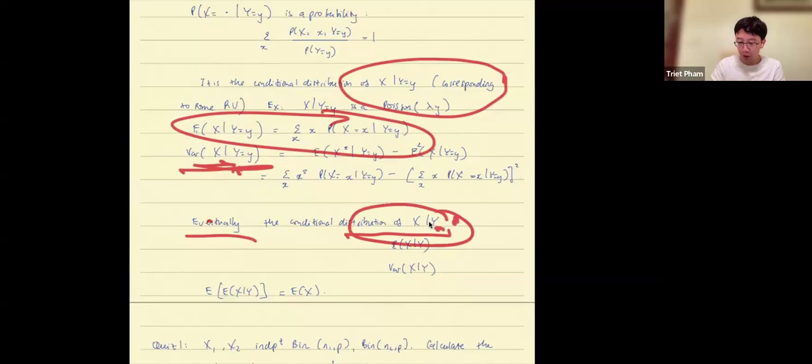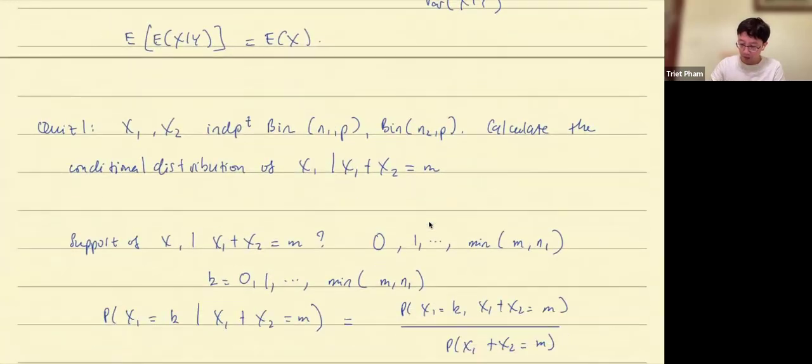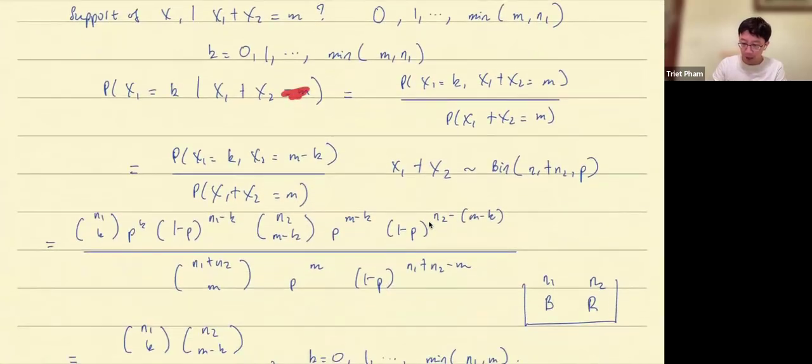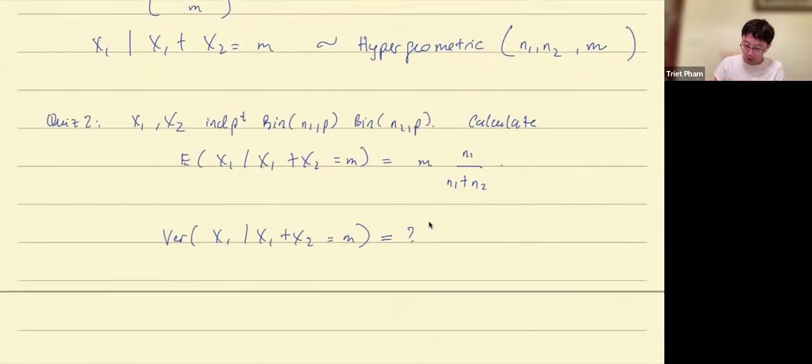Removing the particular value we're conditioning on. So for example, here, if we remove M, how will it look like? If we remove M, then what we're saying is x1 conditional on x1 plus x2, like that,